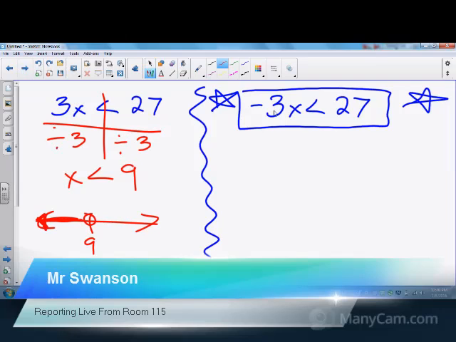Now over here, just because I have a negative, we have a rule that anytime we are multiplying or dividing by a negative right here, so if I'm multiplying